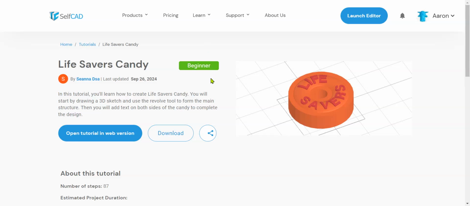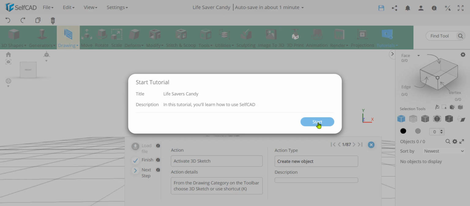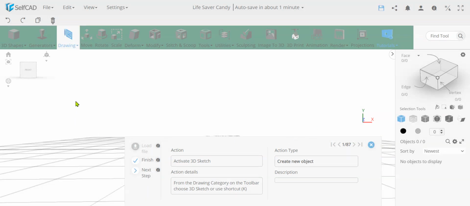Hello everyone, in this video I'm going to walk you through this Lifesaver Candy tutorial. It's a beginner level tutorial, but it has a lot of advanced tips, mainly for how you can copy paste, reuse parts of the geometry. It's really simple, but it can help you a lot with any product design. So let's get started. I have already loaded the tutorials on the second tab here, so I just click start